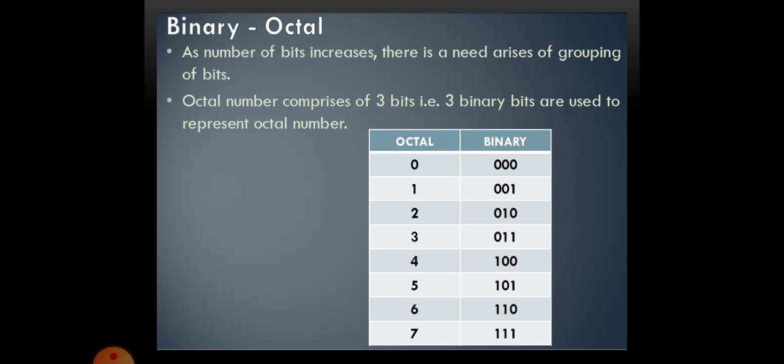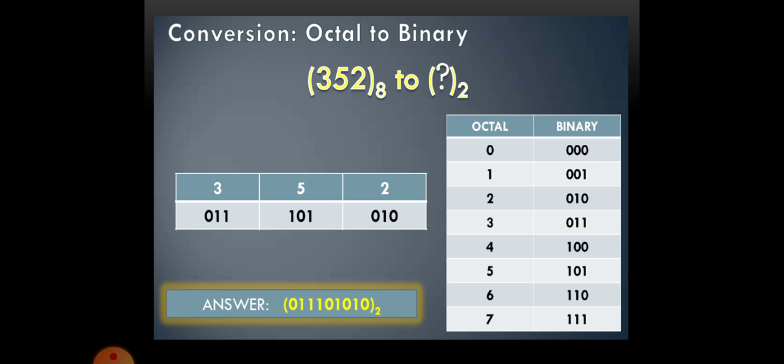0 has to be represented as 0, 0, 0. 1 has to be represented as 0, 0, 1. And 2 has to be represented as 0, 1, 0. 3, like that we have till 7. So each octal number has its own binary equivalent. If you want to confirm this, all these digits have to be successively divided by 2. You will get the corresponding binary digits.